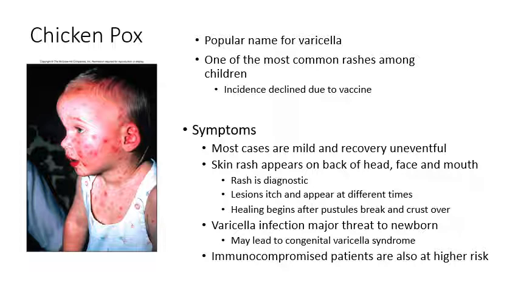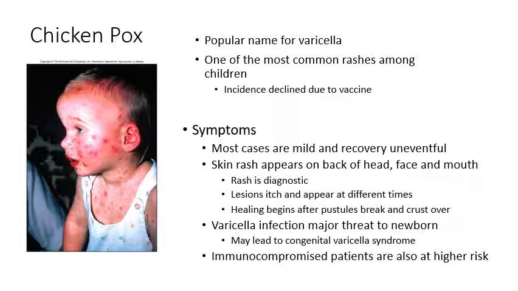So the first one, and the one you're probably the most familiar with here, is chickenpox. So chickenpox is a popular name for varicella. So varicella is a very, very common skin rash among children. Not so common nowadays because we've got a pretty powerful vaccine. But it used to be fairly common, and pretty much every child would get the chickenpox at some point during